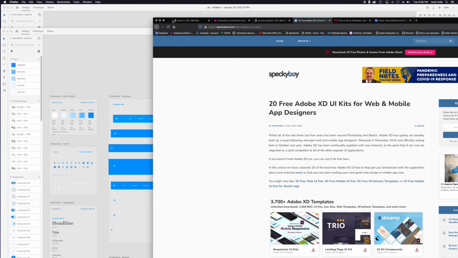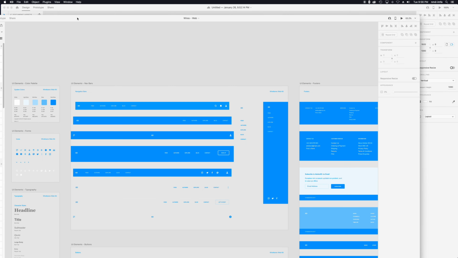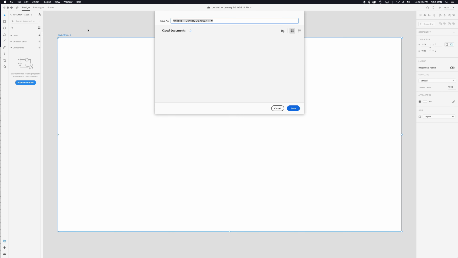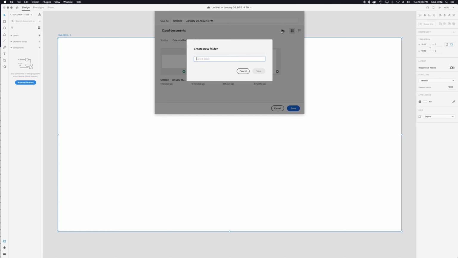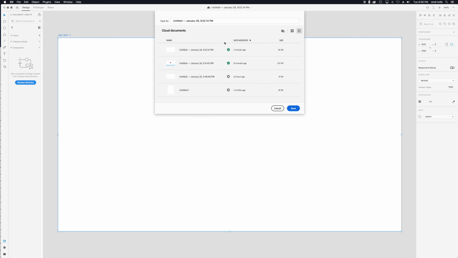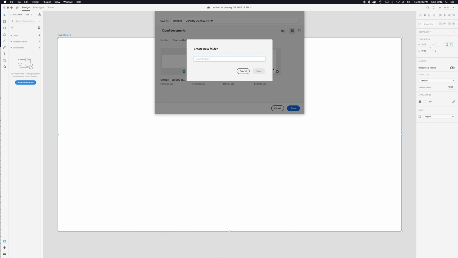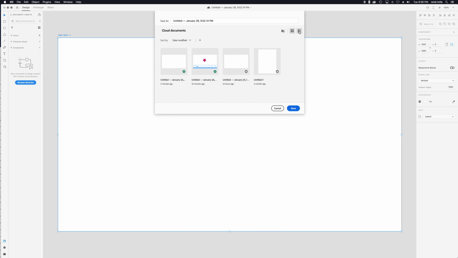But let's just see. Once you get one of these kits, you can copy and paste into your working document. So I can come back out here and I'm going to save this. Actually, I want to save this as it's a cloud document. So I don't think there's a way. I think I can export it to my computer as well. We'll go over that in just a second here. But I'm going to save this as